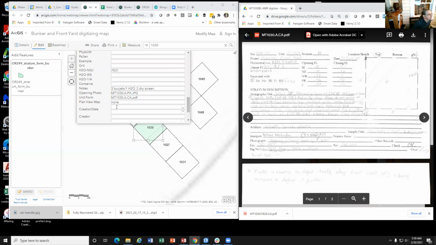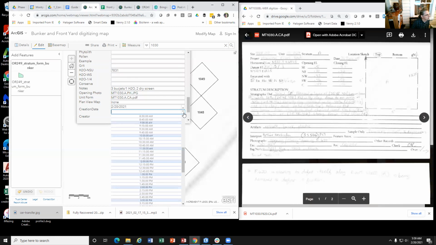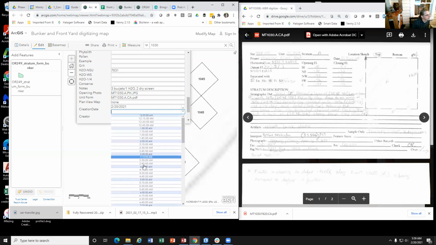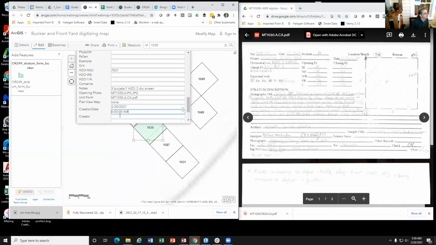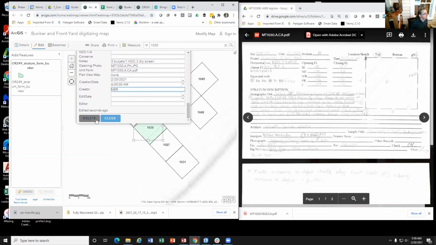And then finally, you want to put in the creation date. If you click on this, it'll have the date today. Today's the 20th, and the time, which right now is 6 a.m. Why I'm looking so bedraggled. And then the creator is MBR. Once you're done with this, don't hit delete because that would be bad. Hit close.